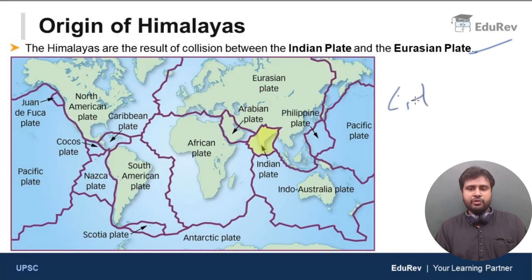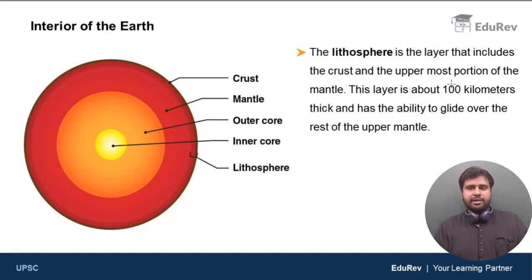The entire lithosphere of the Earth is broken down into multiple tectonic plates. First, let us try to understand the meaning of lithosphere, and then let us come back to this. The lithosphere is the layer that includes the crust and the uppermost portion of the mantle. This layer is about 100 kilometers thick, and it has the ability to glide over the rest of the upper